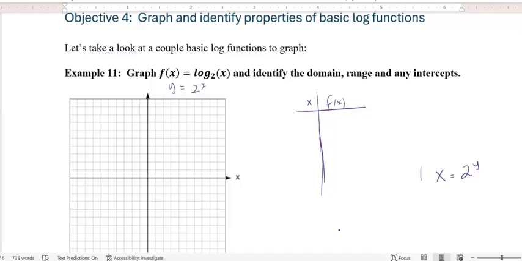Take the natural log, or take the log base 2 of both sides. Log base 2, use our property. The log base 2 of 2 to the y is just y, and log base 2 of x. Okay, so this is what we're working with, and what I'm telling you is that it's the inverse of 2